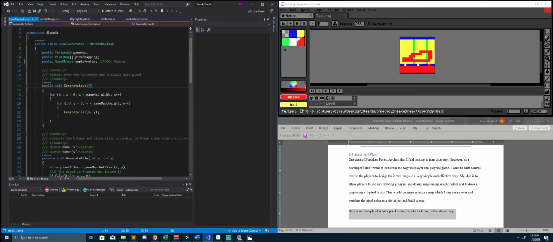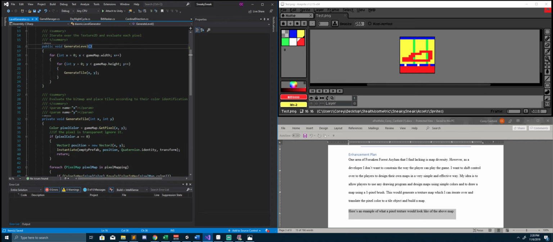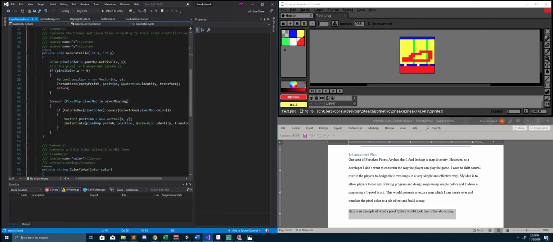They could have created a 64 by 64 texture. We have no idea. So we have to look at the width of that texture and the height of that texture, and we have to do a nested loop. And so our nested loop iterates over the x and then over the y's. And as it does that, it's calling a generate tile function. And so this generate tile function